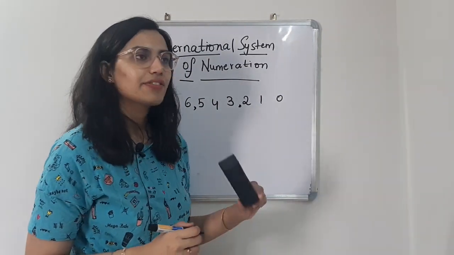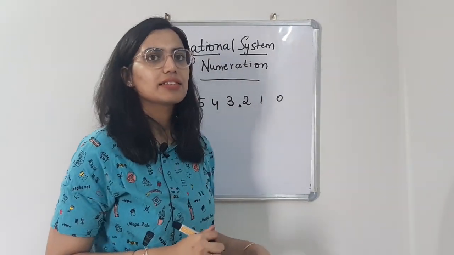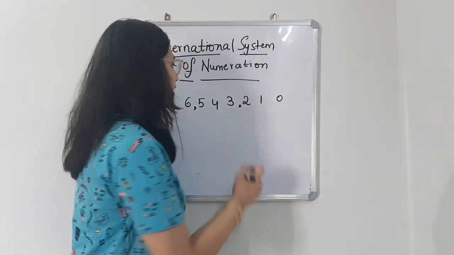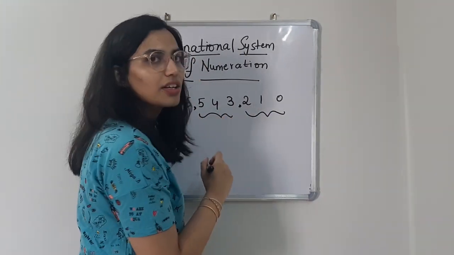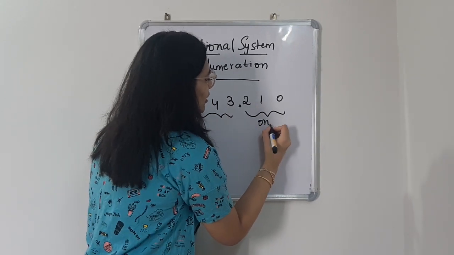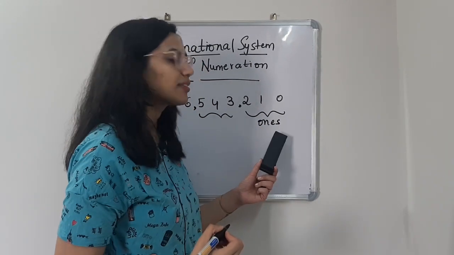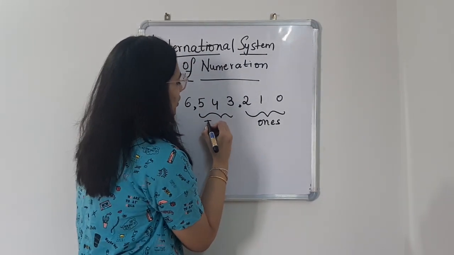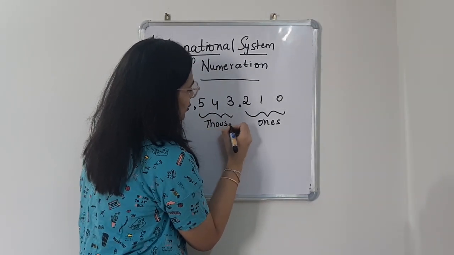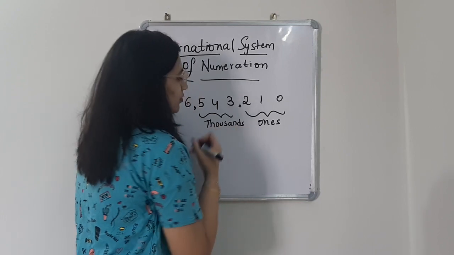This is the main difference between the Indian system and the international system. The placements of commas and the grouping of digits. So here the period is ones, same as the Indian system, but here this period we call thousands. Okay,